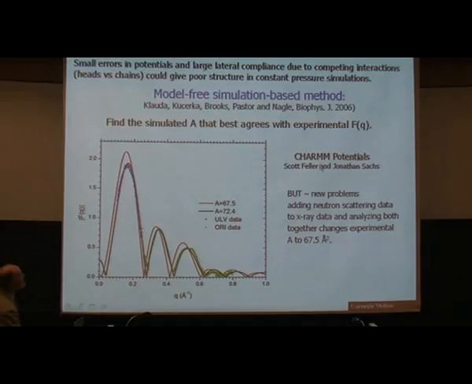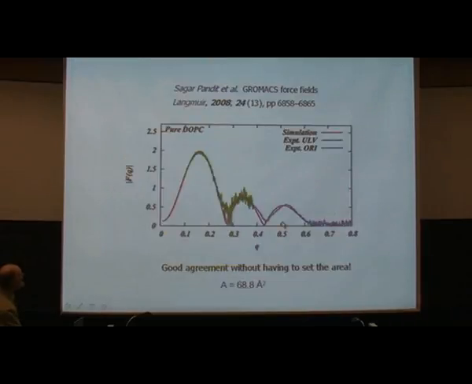And that was using the other kind of force fields that Ollie uses, using CHARMM force fields. But since we've added the neutron scattering, things have become rather complex. I should get through this slide quickly. And it's clear that the CHARMM potentials are no longer working so well. So now Sagar Pandit, who uses the GROMACS force fields that Ollie helped develop some years ago, has a recent paper where he's also getting good agreement with the electron density profiles, but with a much different area per molecule, which is actually agreeing better with our recent neutron results.